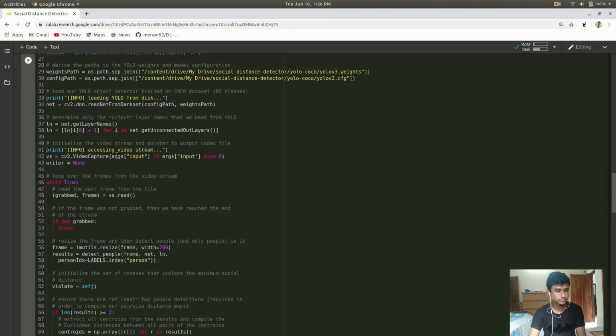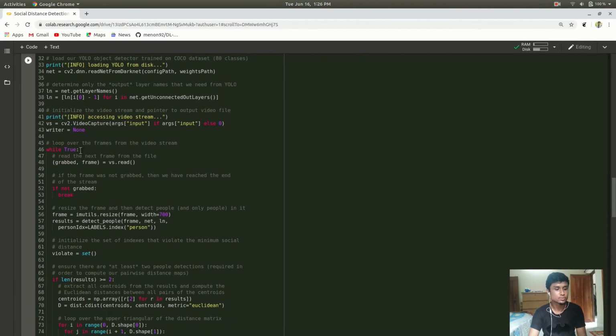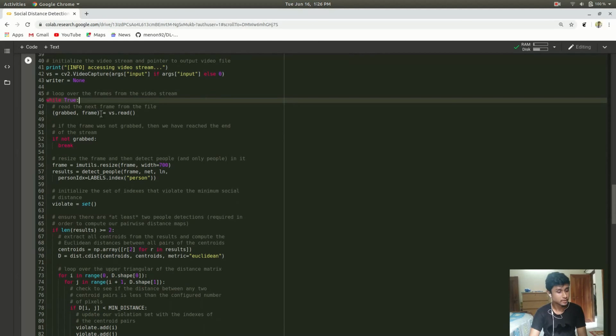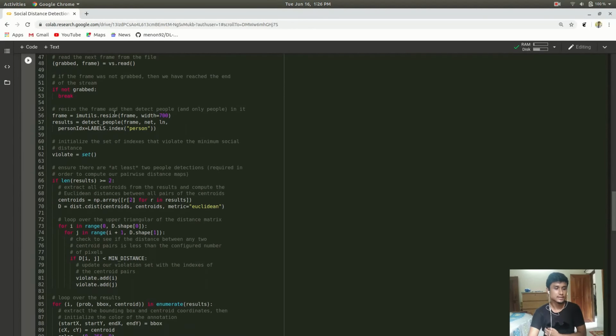Okay, and you can see while it is true, while it is grabbing video from the webcam, it is vs.read and grabbing the frames. Okay, if not grabbed, we are breaking this loop. Now we have to resize the frames we have got, and here we are using our detect people function. Okay, and storing it in the results variable.